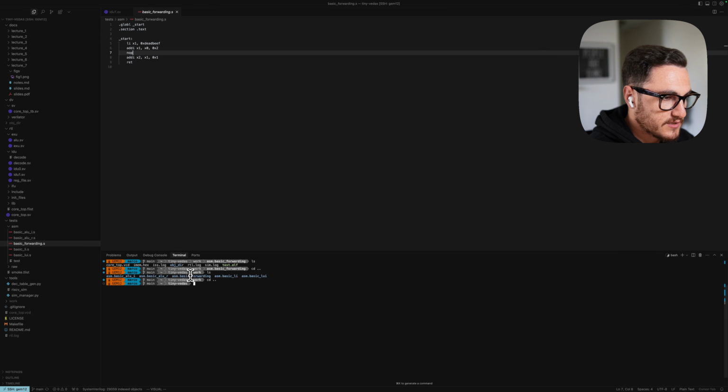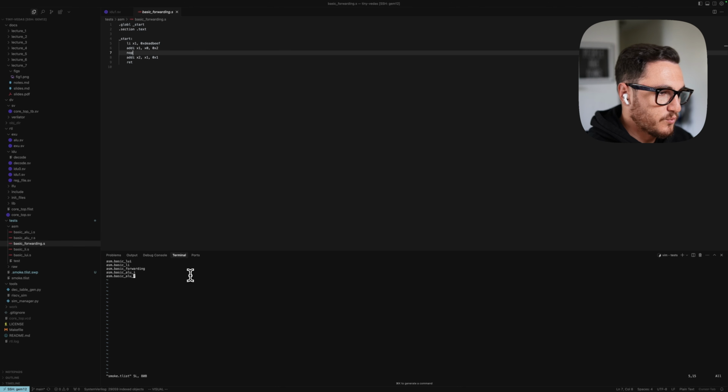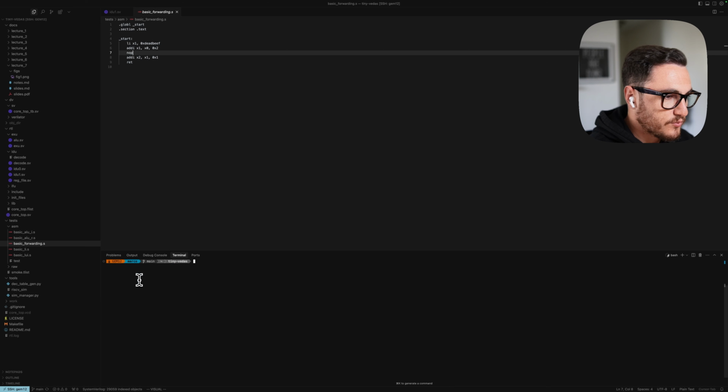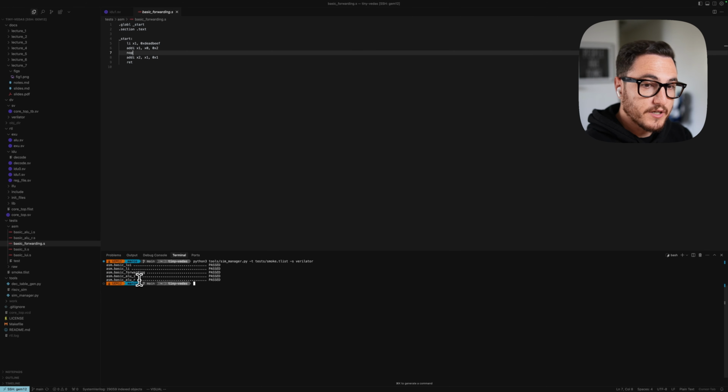What I did in this simulation, I created a small set of tests that exercise whatever we made so far. And here we have a few test cases inside this smoke test list. If we run the smoke test list, you can see that all tests pass, and we are now ready to move forward and implement many more instructions, much more complex pipelines, and so forth. So this was a brief